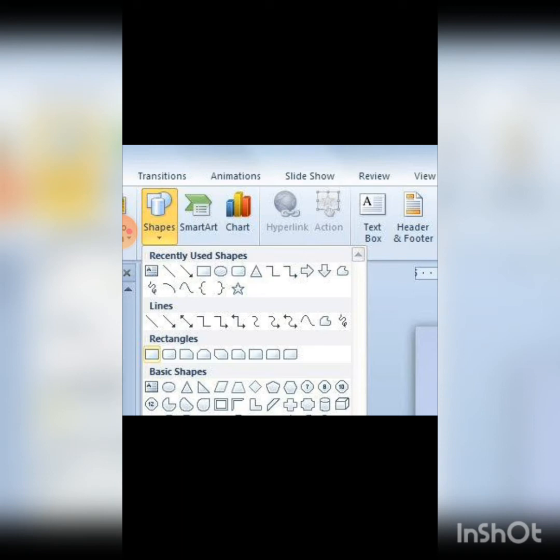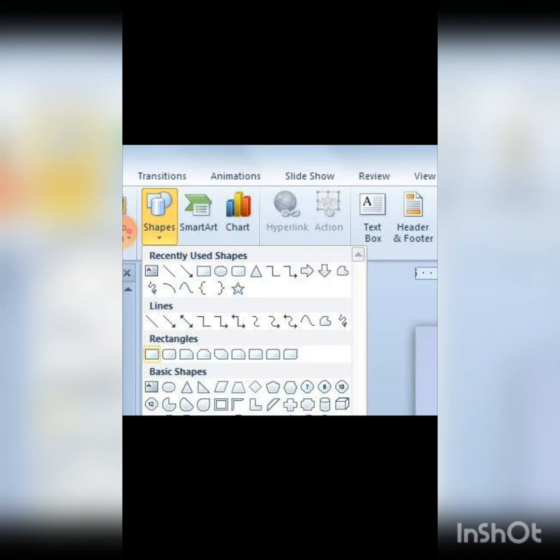To add action button, you have to click on the insert tab, then click the drop down arrow of the shapes button in the illustration group, and then a drop down menu will appear. Select a button shape that you want to add to your action button. Then click a location on the slide and drag to draw the shape of the button. Then the action setting dialog box will appear.